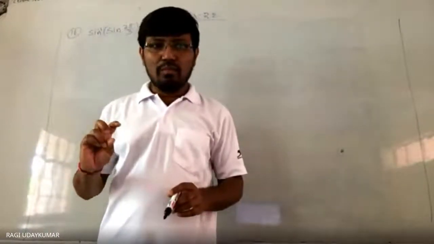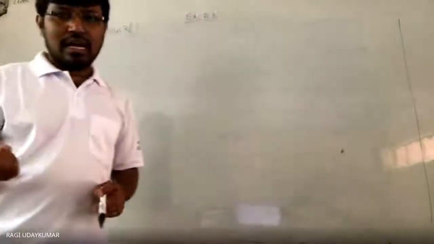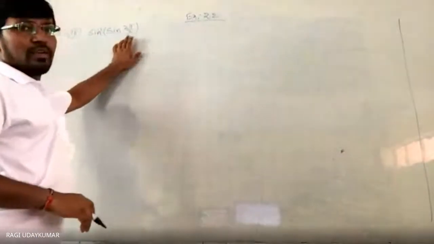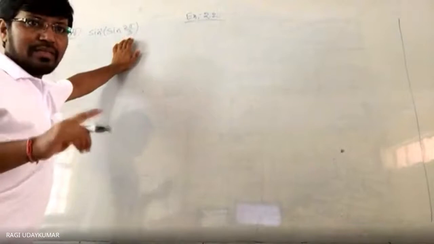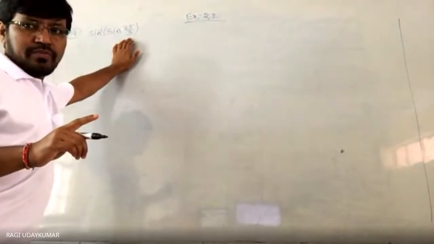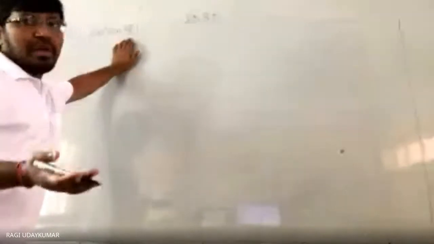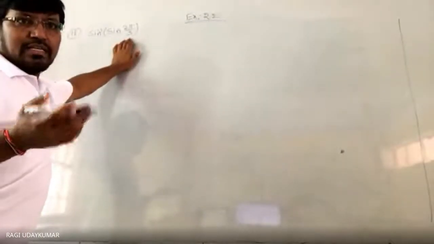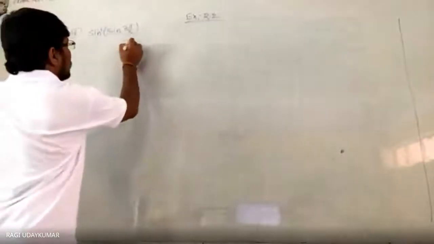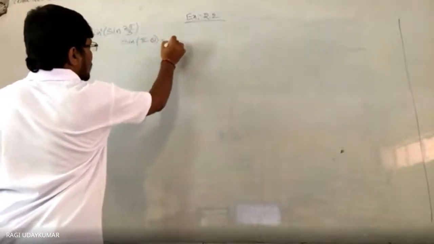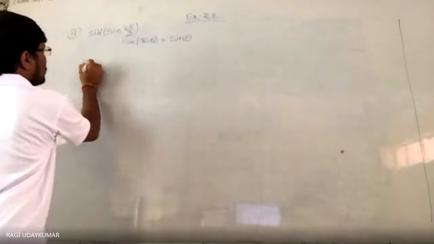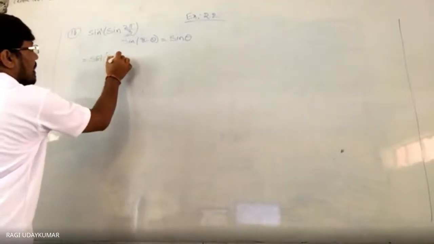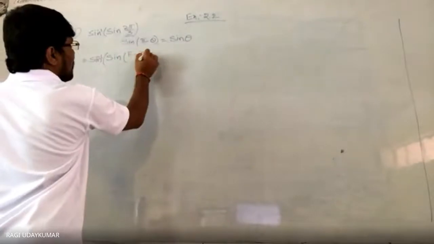And you write that in a modified form. Either you can write 2 pi by 3 as pi minus pi by 3. Can we write it that way? Because pi minus pi by 3 is again 2 pi by 3 only. Sin of pi minus theta is equal to sin theta. So this is theta you consider. So you can write sin inverse of sin pi minus theta. Can I write like that?